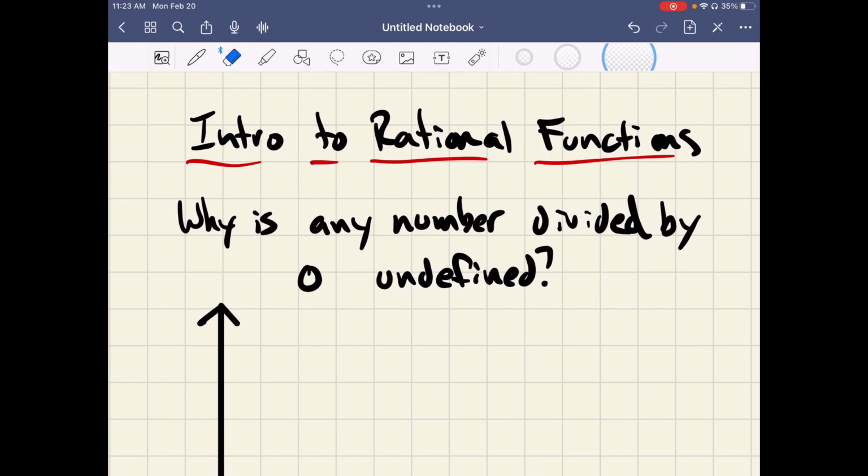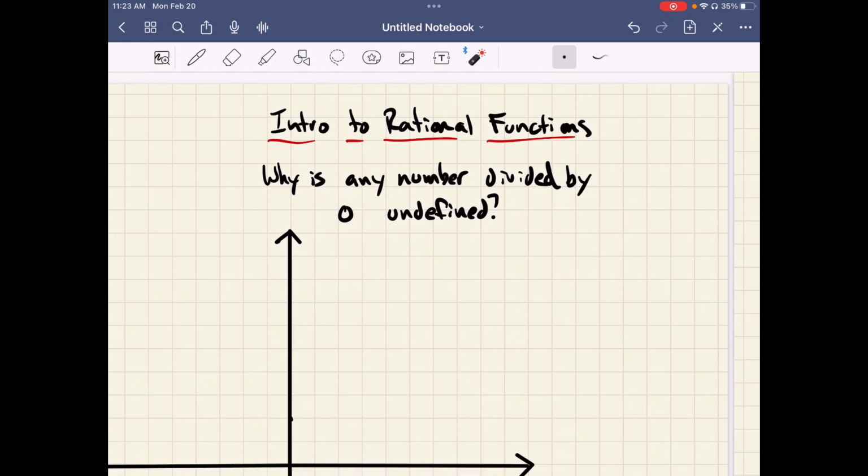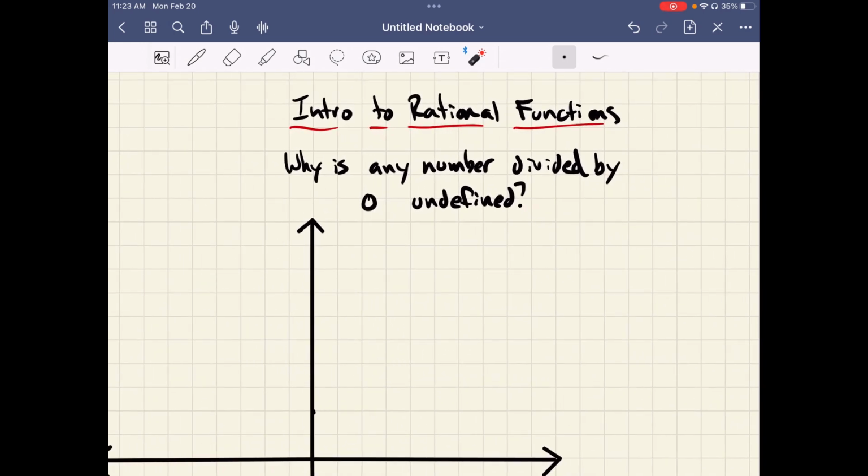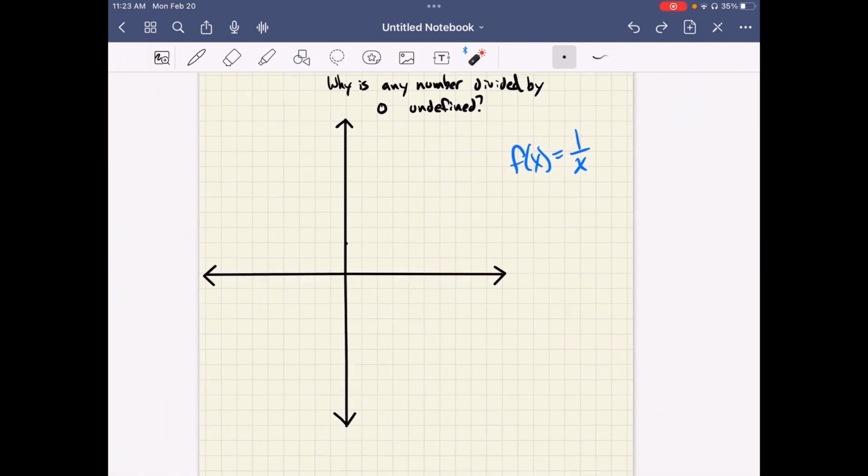In this video, we're going to answer a question, and that is, why is any number divided by 0 undefined? By answering this question, we're going to get an introduction into what a rational function is. So in order to answer the question, we are going to look at the function f of x equals 1